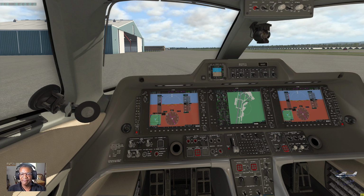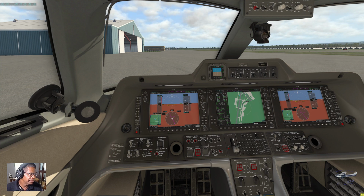Chattanooga ground, Phenom 7566 Mike is at Alpha and Foxtrot on the ramp, ready to taxi with Hotel, IFR. And they would tell me, and I would repeat this back. Taxi to runway 15 via taxiway Alpha, Foxtrot, Hotel,